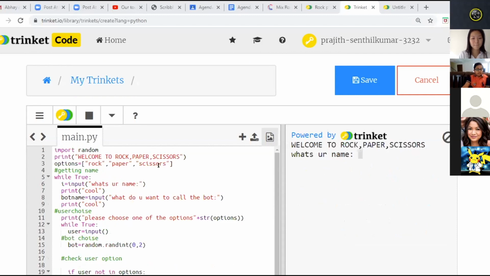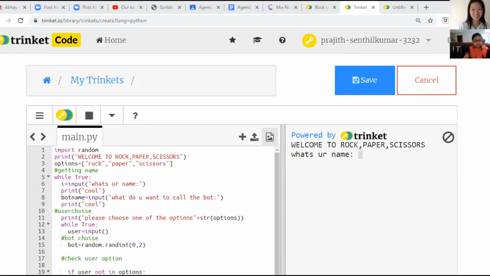Hi, I'm Prajit, and this is my project. It's like rock paper scissors with a bot. The first thing you have to do is put in your name. I'll write my name, and then it'll ask you what you want to call the bot. I'll call it bot,